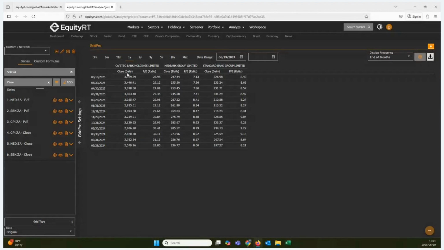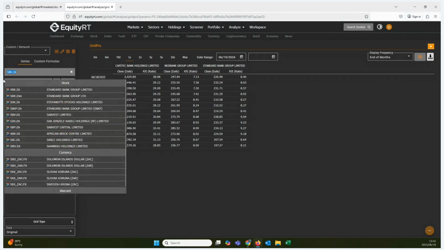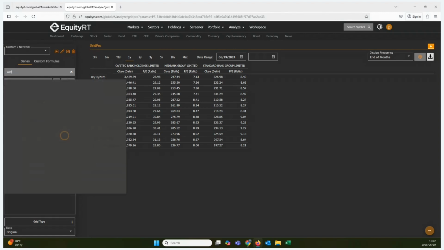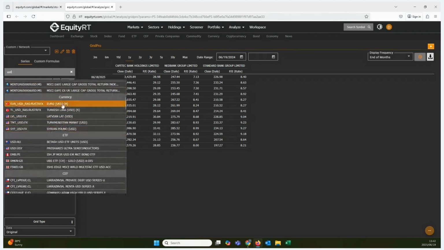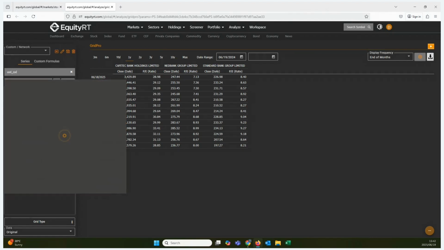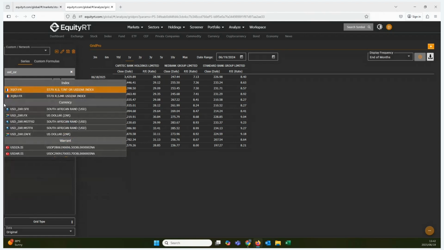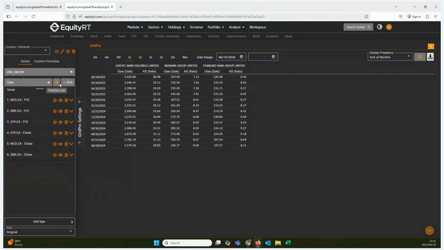It's allowing me to bring in multiple value types. It's also allowing me to bring in multiple dates. It doesn't stop there. If my time series is the same and I want to bring in, for example, a currency, I could type in USD and those are my stocks. If I scroll down this list, I've got my currencies coming up here, but I want USD ZAR. So I could type in USD ZAR, and I could then say, okay, I want the South African rand to dollar, and I want the close price for that,